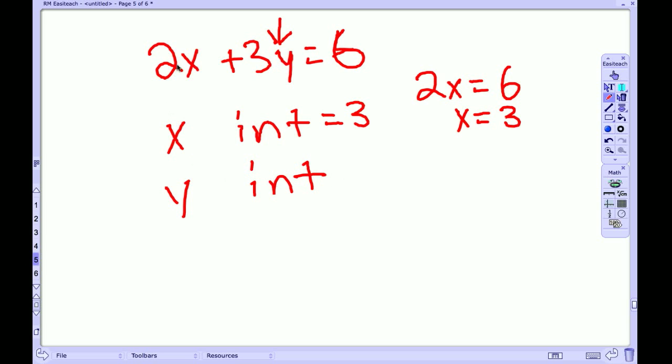The y-intercept is when x is 0. When it crosses the y-axis, the value of x is 0. So this goes away and I would be left with 3y is equal to 6. Divide both sides by 3 and y is equal to 2. So in this lesson we've talked about what a